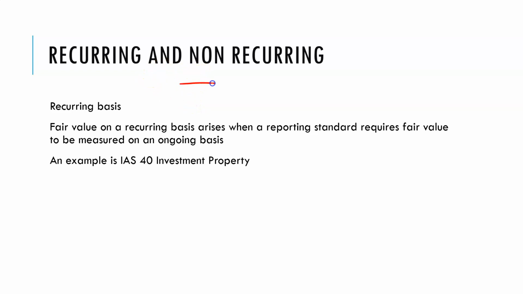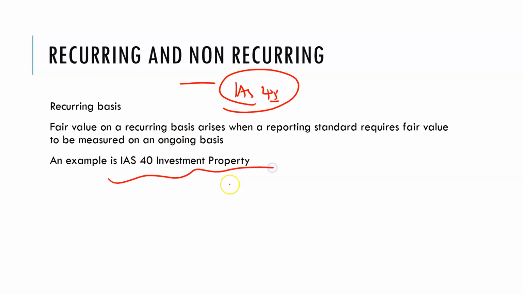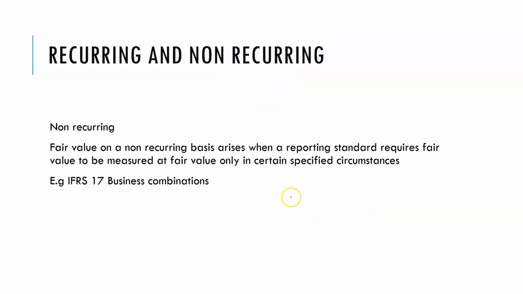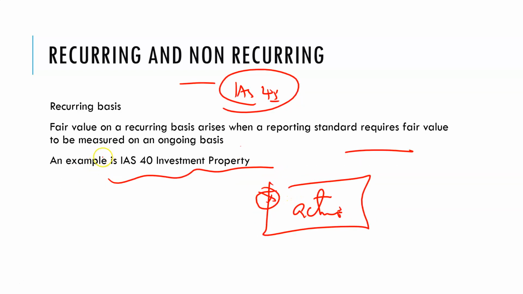So we use fair value a lot, of course, IAS 41, of course. We talk about it when we talk about investment property. If you remember when we talked about investment property, it's all held at fair value. Well, you have the choice to recognize it at cost, but that'd be unusual. Typically, it's all held at fair value and remeasured every single time. The only reason we can do that, holding it at fair value, is because we recognize that the property market is a very active market, and so that's a recurring something